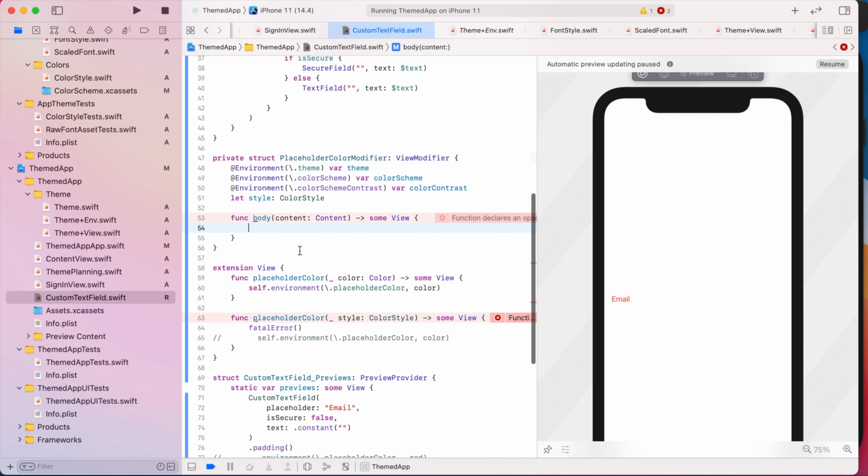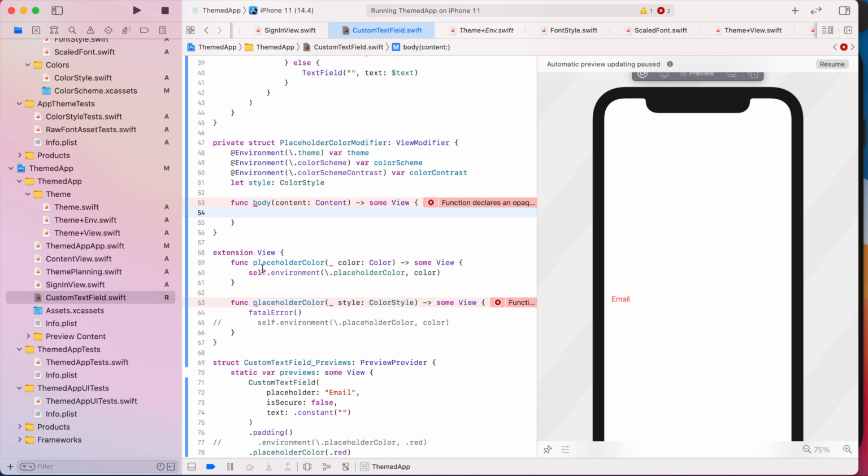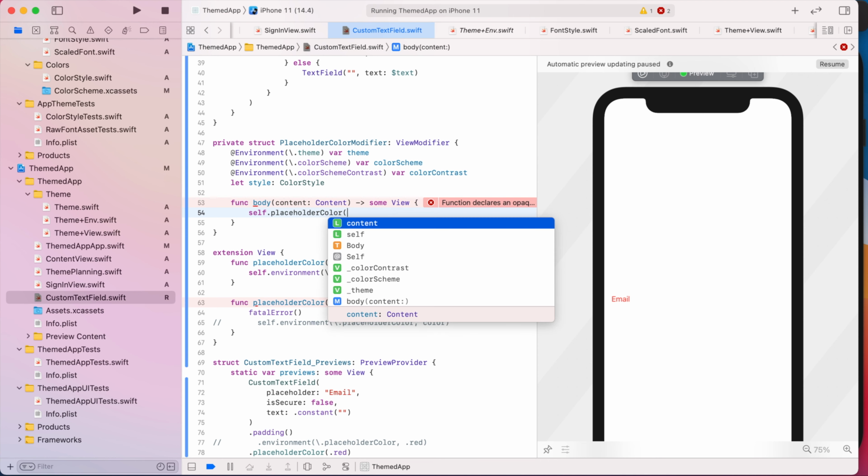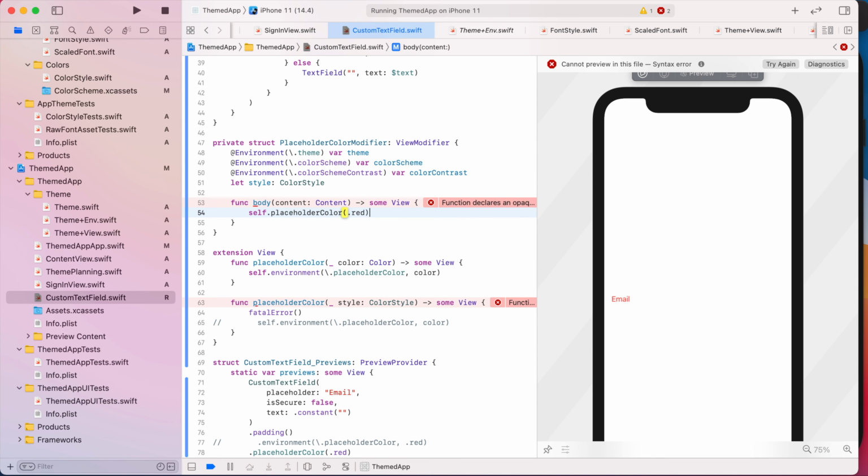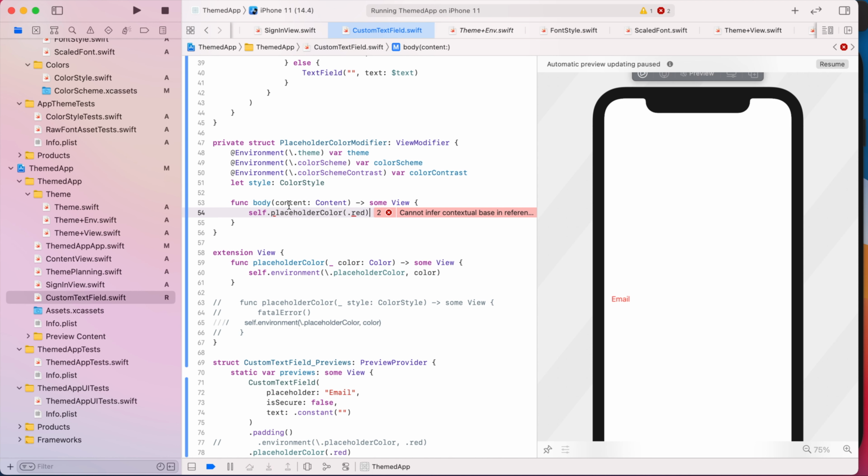And then what we could do is use our extension on view and pass the color. So it'll just be self.placeholder color. Which I think because I'm above the function, it's not showing up right now. Let's just do red and see if that works. Oh, because I'm doing self. It needs to be on content. Oops. Okay,